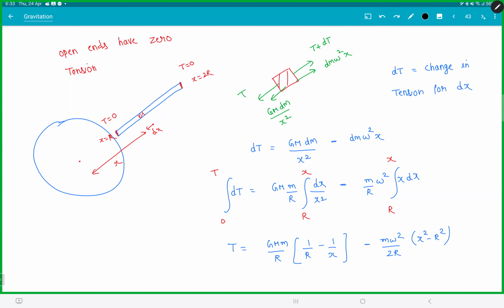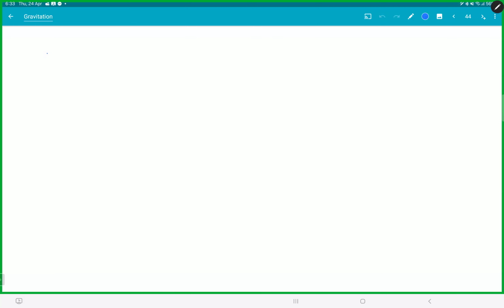Differentiate, right? So if I give you a function and ask you maximum, minimum, what do you do? dT by dx is 0. That means dT is 0. So dT I already have. There's only to differentiate. From differentiation only, I integrated this, isn't it? So for maximum tension,